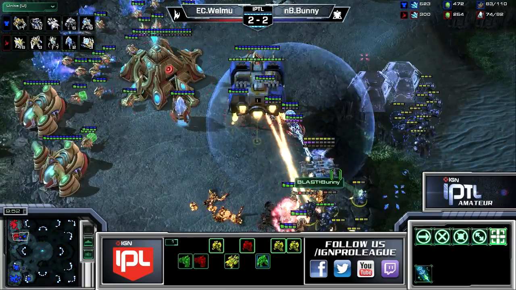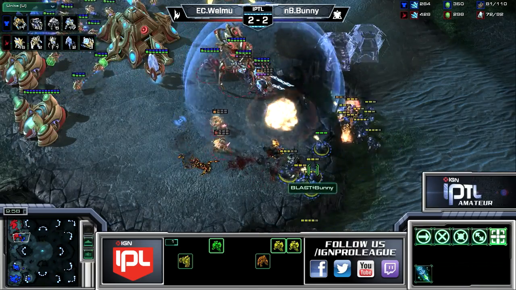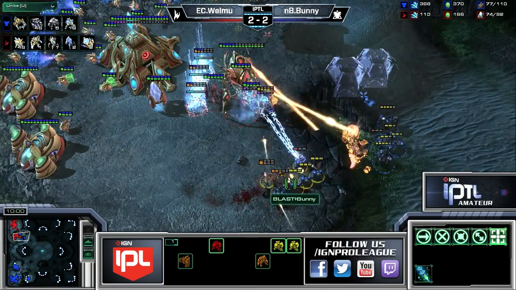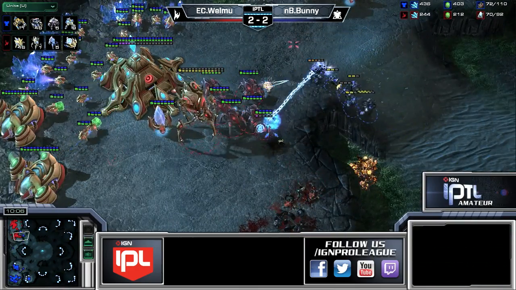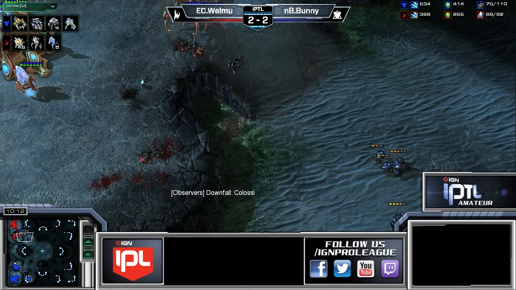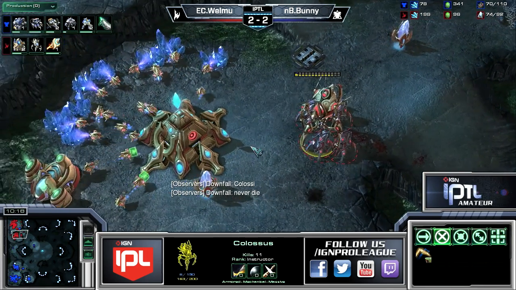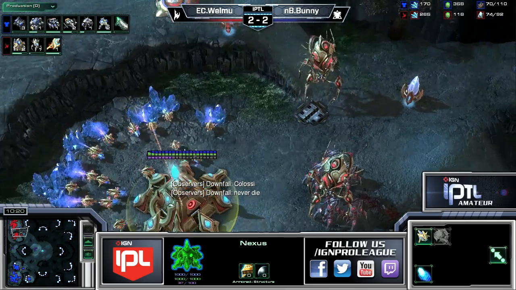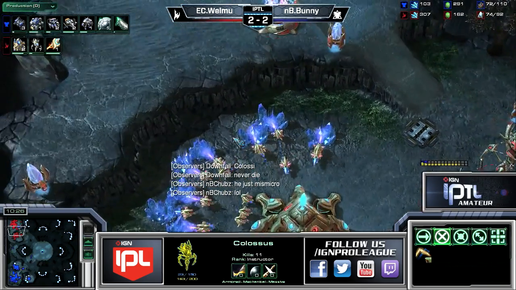The medevac actually gets picked off very quickly, so Welmu is focusing down the escape, basically, of these bio units. The Colossus is taking some fire now from the high ground and the low ground, trying to strut around, but I have to imagine he'd be fine just shooting away at this point with the warp-in of Stalkers, and it looks like the Colossus did a good job there. 11 kills on him. Downfall agrees. Colossi never die, and now the second one will never die. That's the power of that